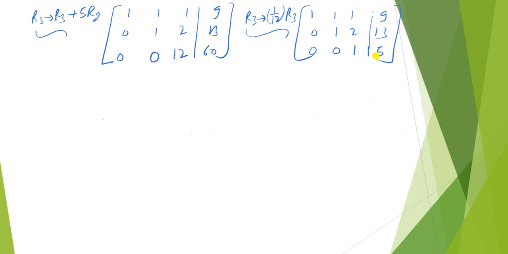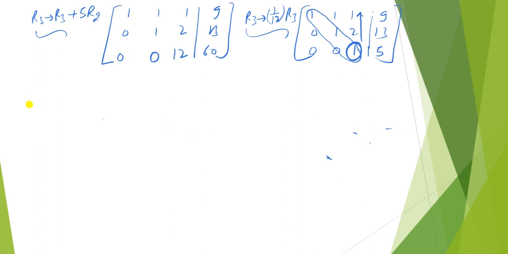Now the coefficient matrix A is converted into the upper triangular form, that is, this is the principal diagonal and all the entries below the principal diagonal are 0. So this matrix is reduced into the upper triangular form. Now next perform the row elementary operation from bottom to up, that is backward row elementary operation, with the help of the key element. So here 1 is the key element. With the help of the key element make the above non-zero entries 0 by performing row elementary operations.